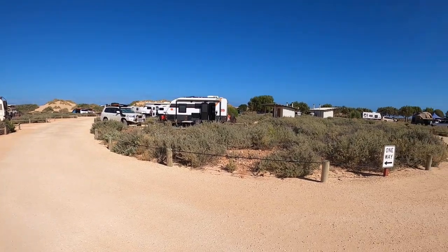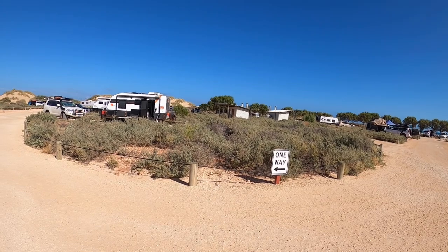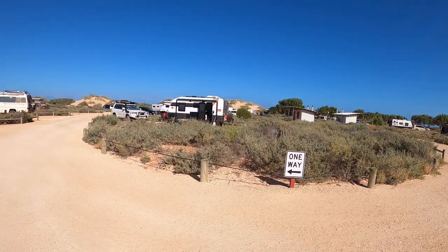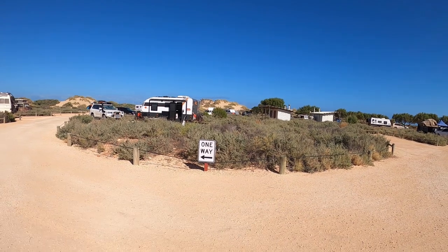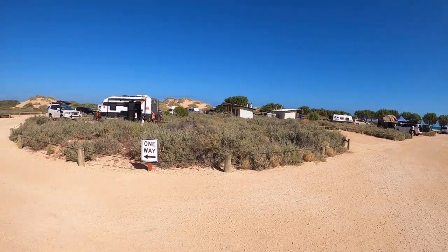Mesa Campground, which is one of the first campgrounds you come to as you enter the Cape Range National Park from the north. I think Ned's is the first one, Mesa's the second one. This is a really nice little campground. It's only fairly small, 23 sites I think, and they are fairly close together,